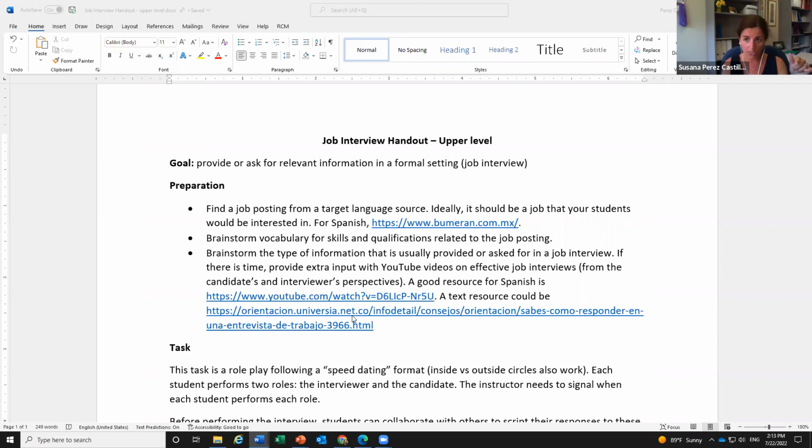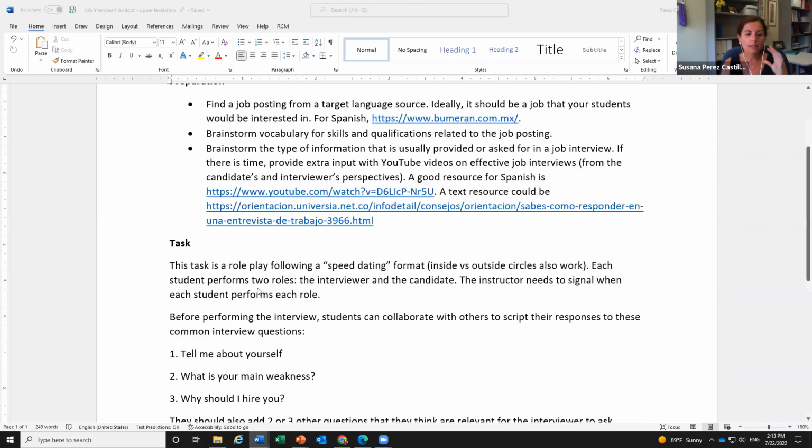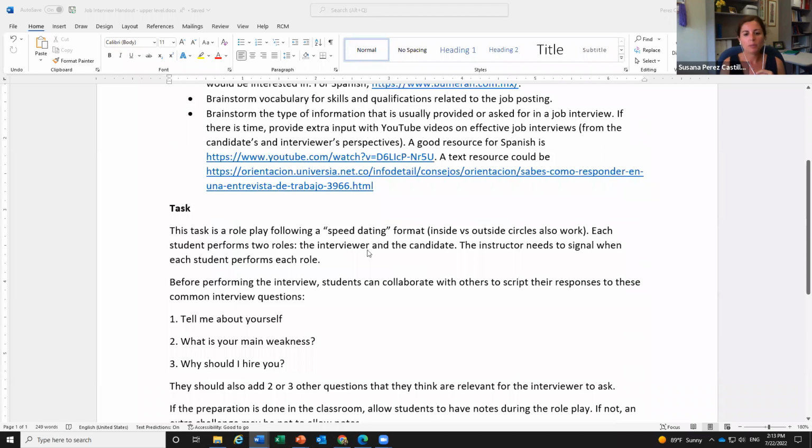A text resource is this one, the career orientation and career development site for a university in Colombia. And the task itself, in my class, follows the speed dating format. The inside and outside circles also work. What that is: students sit in rows, so there are pairs of students, and then one of the rows, I tell them that they're going to be rotating, moving